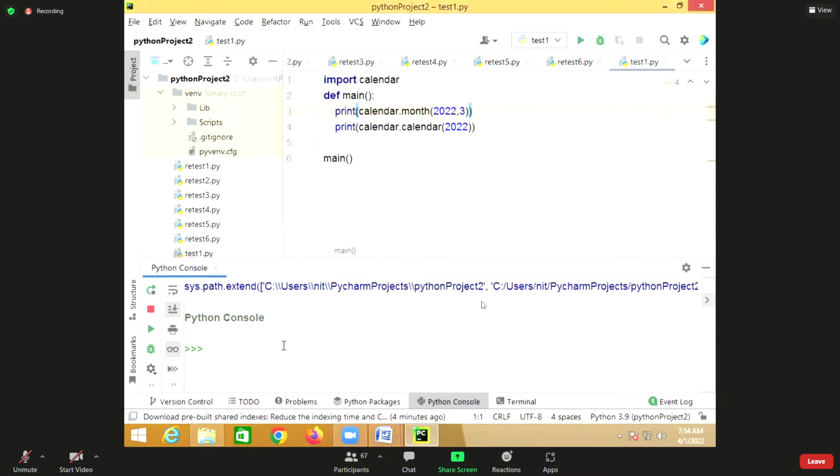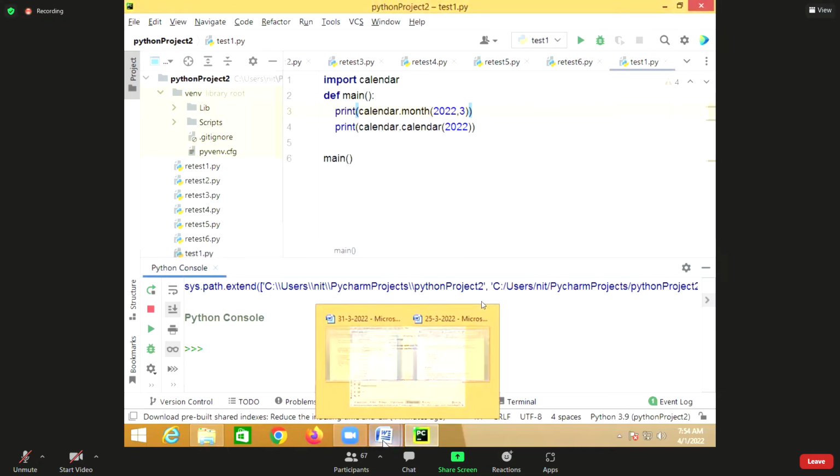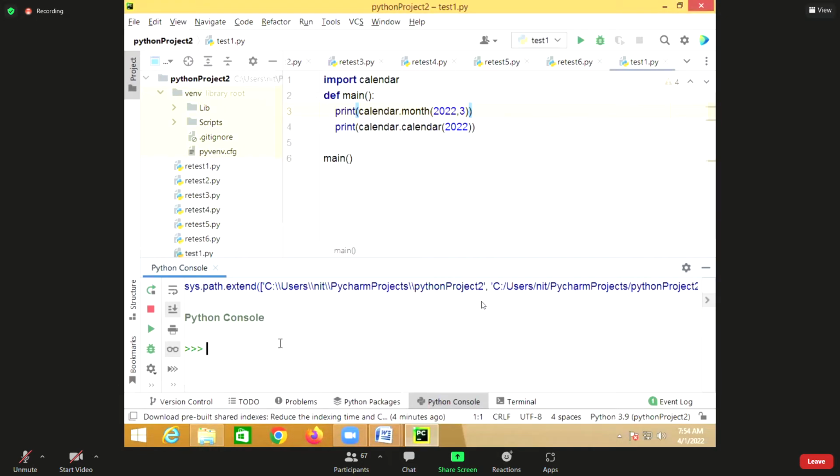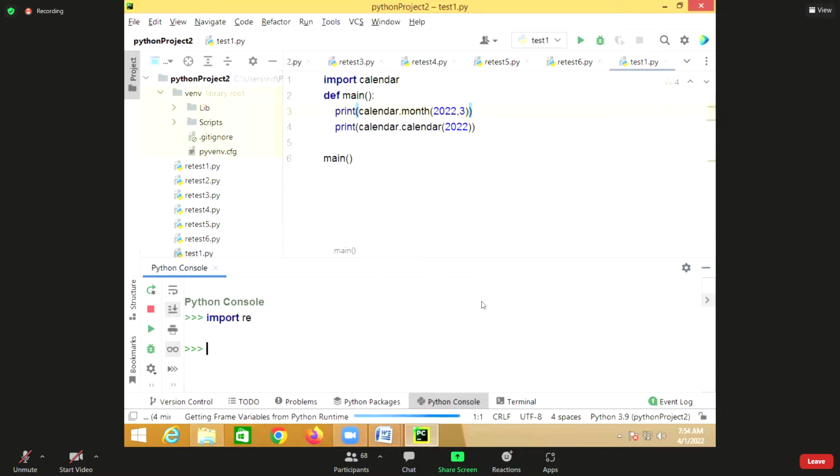So what I'm doing is I try to write like this. I write import re. Okay, import re. And then what I'm saying is some list equal to re.findall.